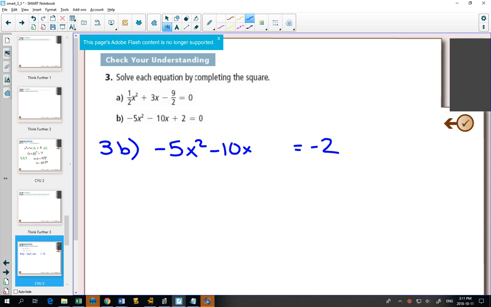What we noticed in our activity is when you had a negative 5 or a number out in front, our goal, and this is going to be two steps down the line, is to have negative 5 something squared equals something. That negative 5 gets factored out of what's being squared. So as a preliminary step in this equation, we take the negative 5 out of both the x squared,